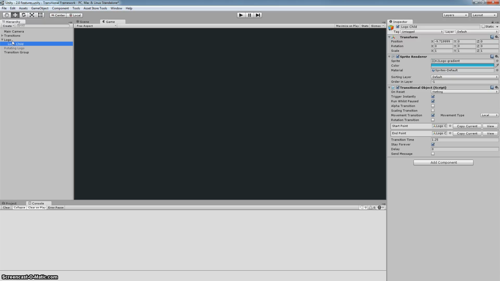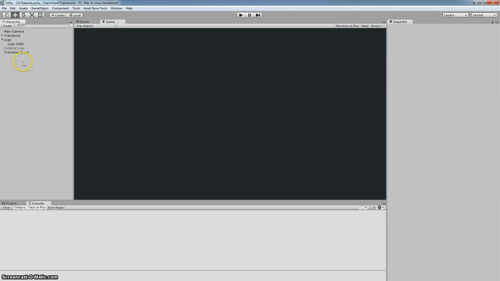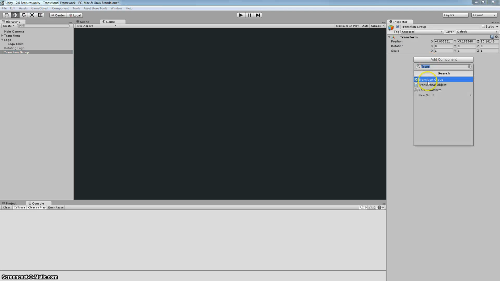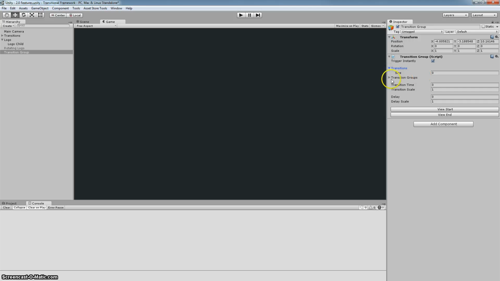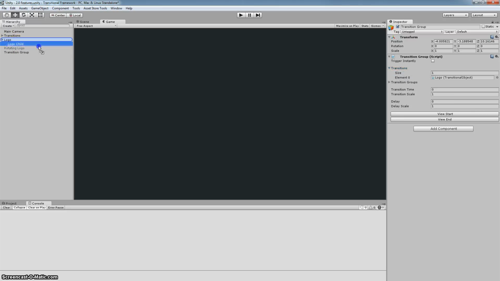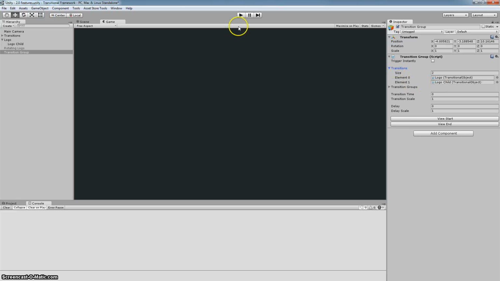So let's show an example. Let's actually turn these two off from triggering instantly, and instead we're going to have a group trigger them. Let's do that. We add transition group, tell it to trigger instantly, and then what we need to do now is drag in any transitions that will be affected. So first one and the second one, and if we watch what happens,